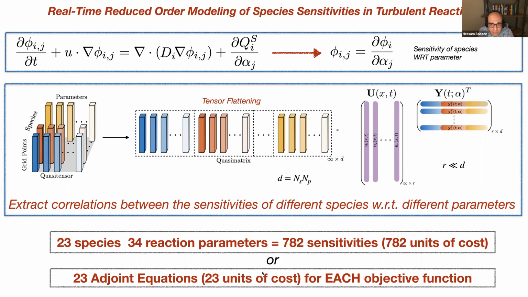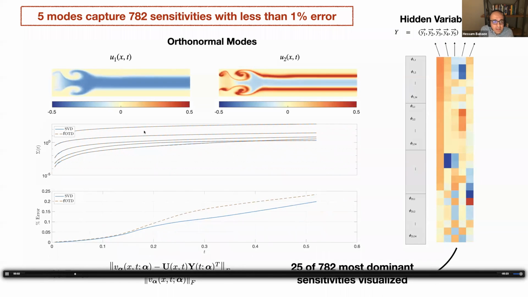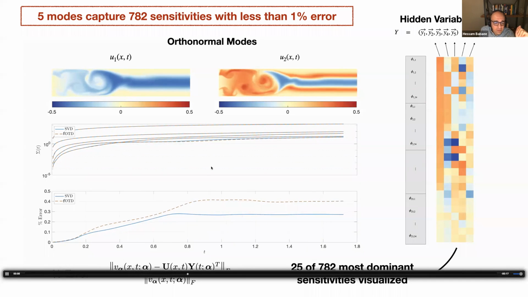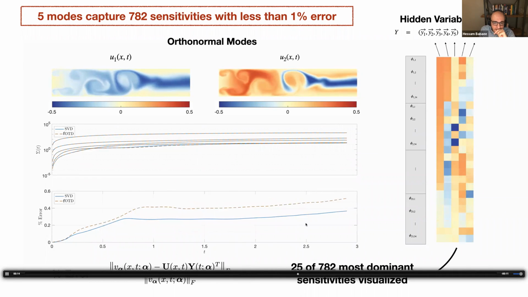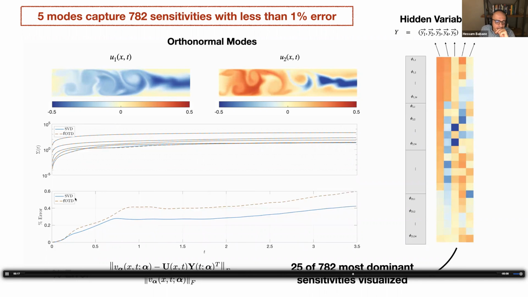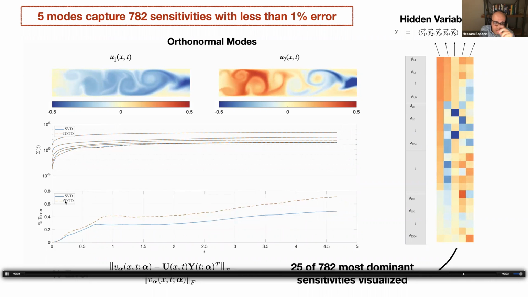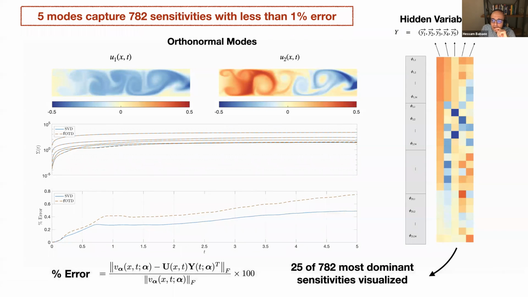So instead of doing this, we solve this in this reduced format, and we extract the instantaneous correlations between different sensitivity fields. So these are the first most sensitive modes and second most sensitive modes. And here again, we compare against the SVD of the full dimensional case, and we see we really nicely track the dominant singular values. And with 5 modes, the overall error between all sensitivities is less than 1% in the evolution. So this is the error obtained by instantaneous SVD, which would be the equivalent of IPCA, as I was showing in the combustion problem. And this is with FOTD. And so basically here, we solved 5 PDEs instead of 782. That's really the bottom line.